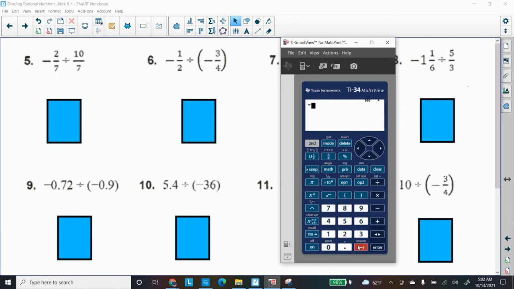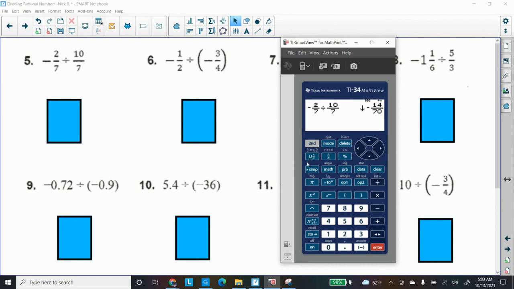So negative 2/7, and I still have it in this mode. You'll have to use your ABC button, divided by, and fraction button again, 10, and move down, sevenths. Move over. All right, that looks exactly like that. Let me press enter, and I get negative 14 over 70, and I notice they end in even numbers, so